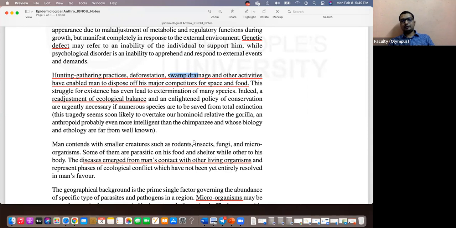But our too much exposure to them, or even us trying to kill them as part of agriculture. We don't want rodents to damage our crops. We started killing them. We started killing mosquitoes. We started killing all sorts of things, and then we created ecological imbalance. We affected the ecological balance of the ecosystems. Then what happened? Diseases also appeared at a rate which we didn't expect.